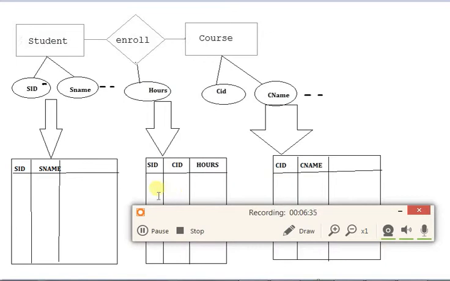For example, if we are going to insert some value for SID in this enrolls table, that SID must be present in this student table first. Similarly, if we are entering some course ID in this table, that course ID must be present in this parent table courses.